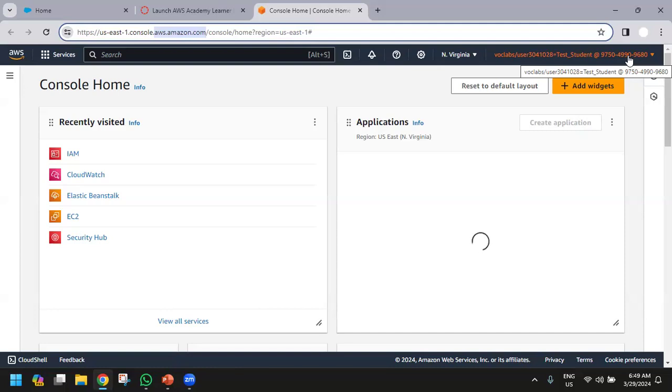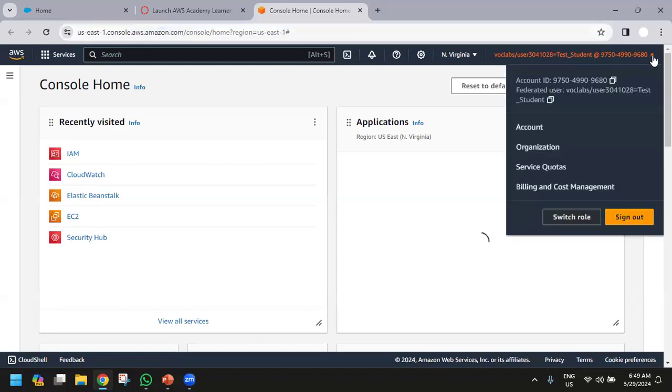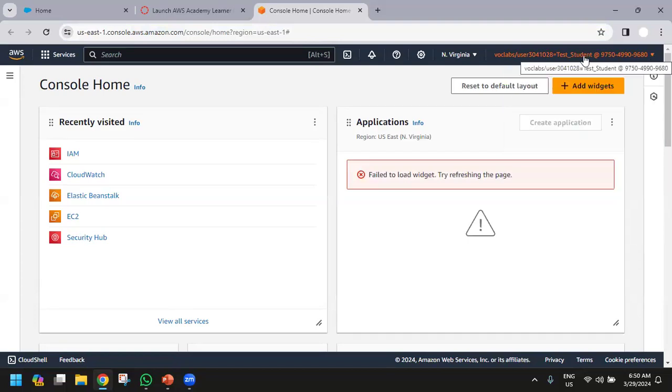I'll just show you which options are there and how you will start with AWS. The moment you create your account, this will be the very first page that you will see. On the top right side there is something written, like user, test, student. This is a temporary ID that I have created. Instead of that, your name will come in. For my original account, it will come as Arun Kumar. It is the name of the root account user.